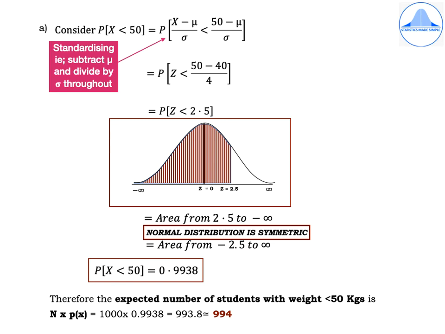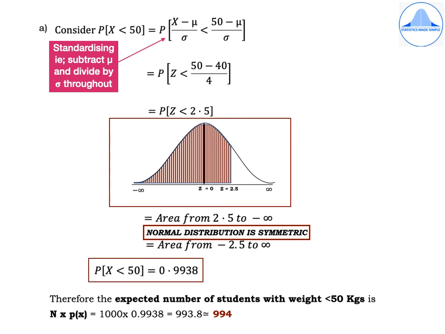Then draw the standard normal curve. The center line is z equal to 0. The extremities are minus infinity and infinity. 2.5 is a positive value, so mark it on the right tail of the curve. Less than 2.5 means you have to shade towards the left side of 2.5. So shade from 2.5 to minus infinity like I have done in brown color, and this shaded area you write in words as area from 2.5 to minus infinity.